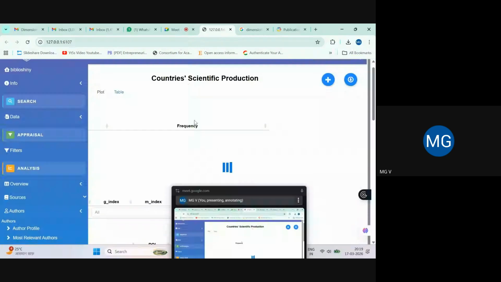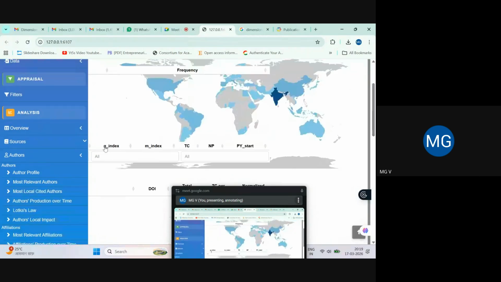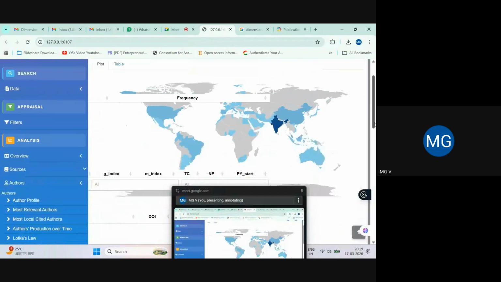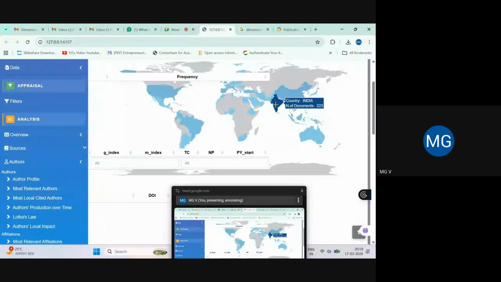Now see. And here at the bottom, you can see it is providing G index, M index that we have discussed in the PPTs. Now see, countries scientific production. Country India, number of documents 223. Country Algeria, number of documents not applicable. Clear?